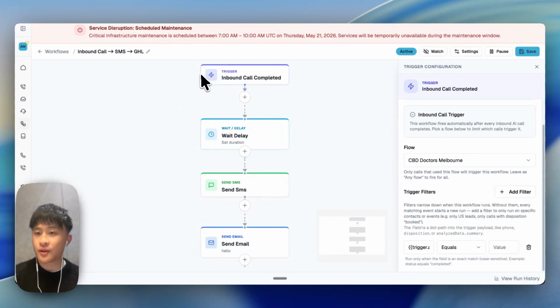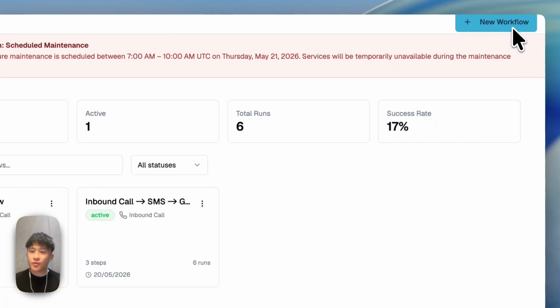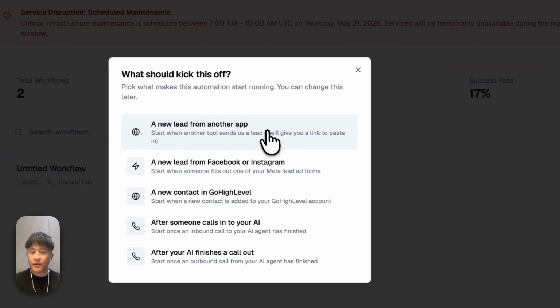of these. I'm going to do the exact same one that I have here, where it's firstly going to generate an inbound call. We wait for 60 seconds, and then after that, we will send a customized SMS and also a customized email from a domain of your choice. So first off, what you want to do is press create new workflow, and then you can select from any